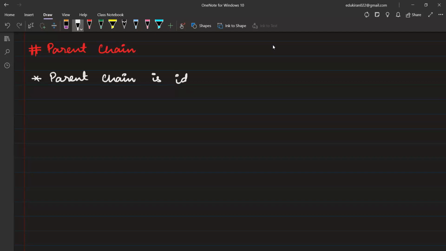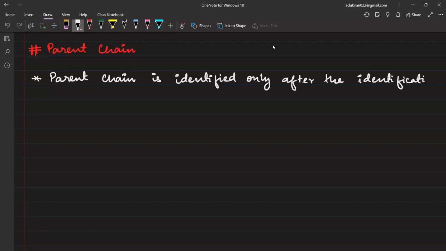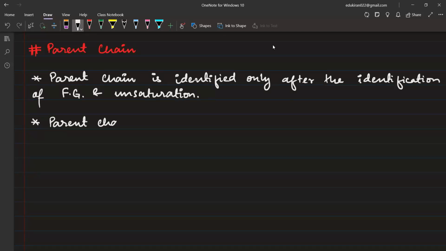Parent chain is identified only after the identification of functional group and unsaturation. Functional group and unsaturation. Okay. Now, the next point is very important. Parent chain, however you are selecting it, should contain